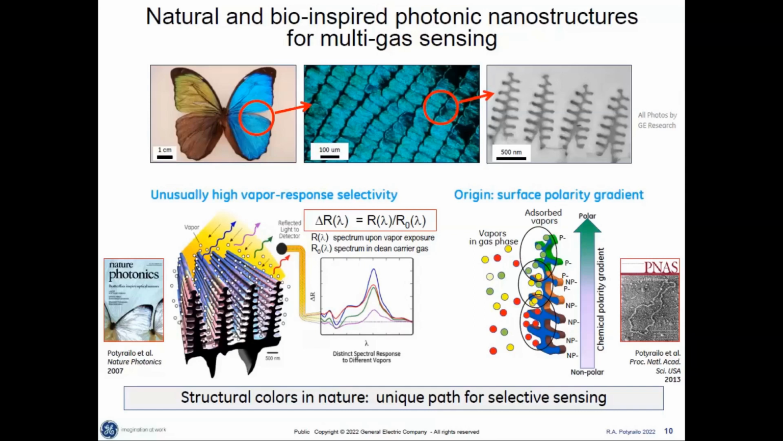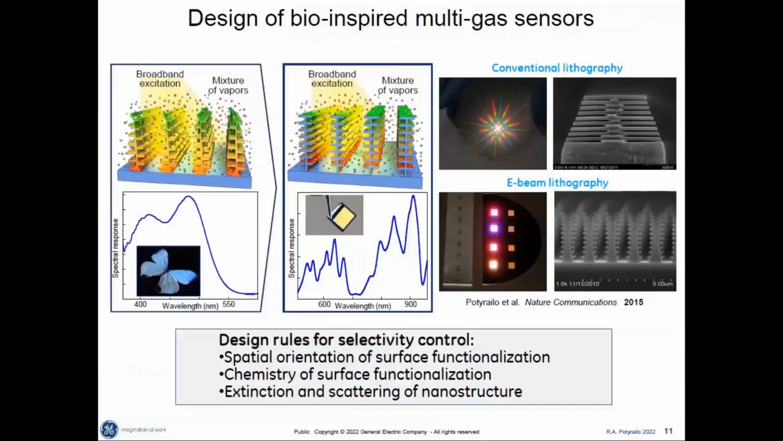So when we are normalizing the response to air itself, then it's a flat line with the unity of 100%. So what we learned over the years is that this exceptional selectivity to different volatiles with a single structure is coming from the reason that there is a chemical gradient from top to bottom in these nanostructures, and that allows the different volatiles to preferentially interact with different regions, and optically we detect that. So if we look at the reflectivity spectrum of a butterfly like this, then it's